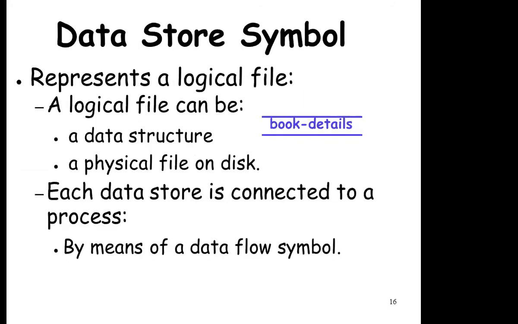Next, very important, the data store. If any function generates some data and you want to store that data, it has to be stored in a certain file. That file is known as the data store, and it requires some storage area. Suppose there is a book with details; all the details have to be stored in a particular file. That file is a logical file, and it may use some data structure. It is represented in your DFD with the help of the data store symbol, which is two horizontal lines, and between the lines is the name of the data store or file. As in the previous diagram, there was the engine store, the chassis store, and the wheel store.